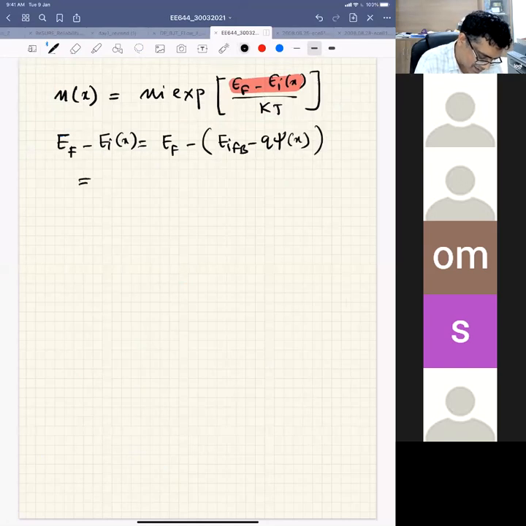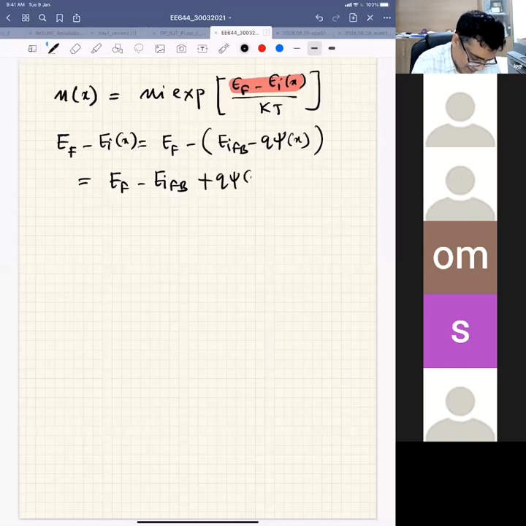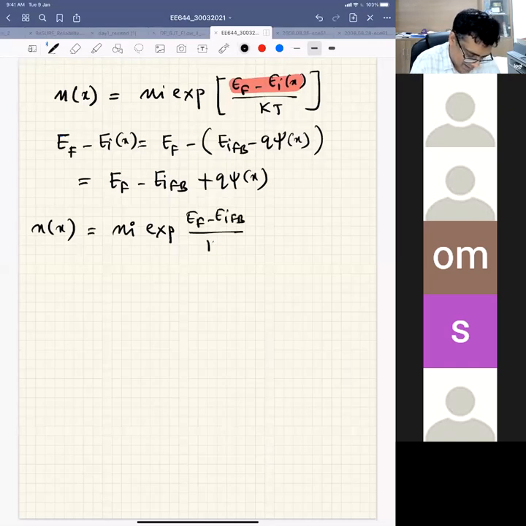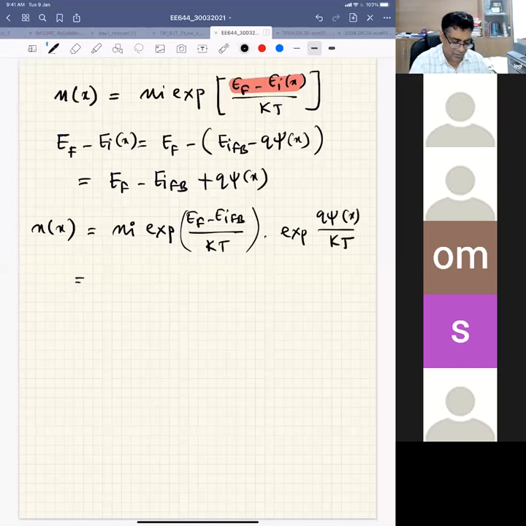So this is EF minus EI flat band plus Q times psi x. So your NX will be Ni exponential of EF minus EI flat band divided by KT times exponential of Q psi x by KT. Right. So this part is nothing but Ni square by Na,